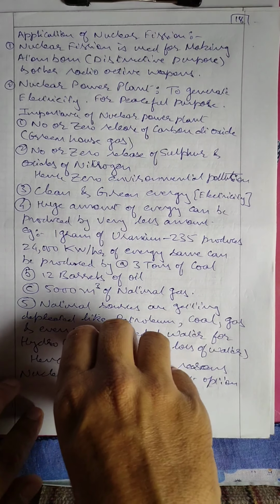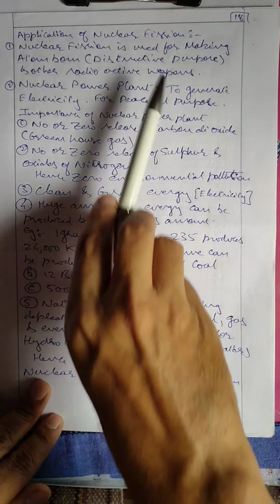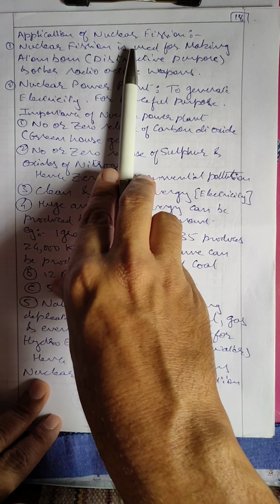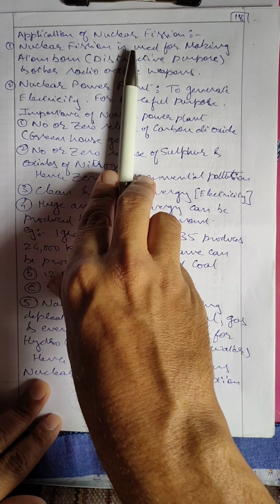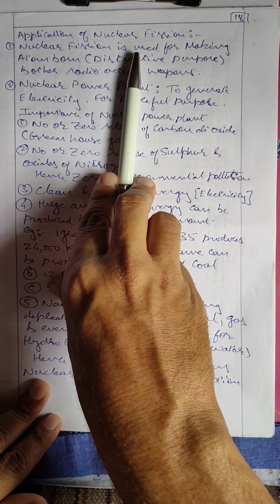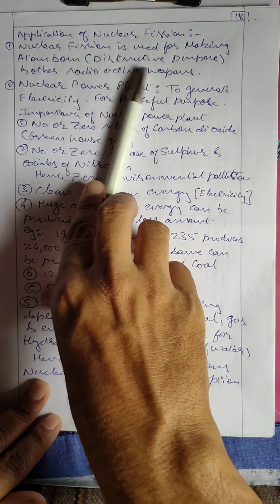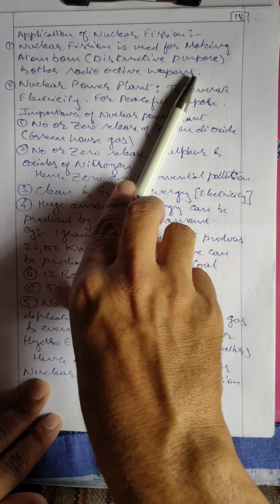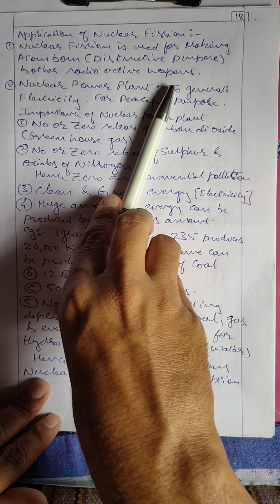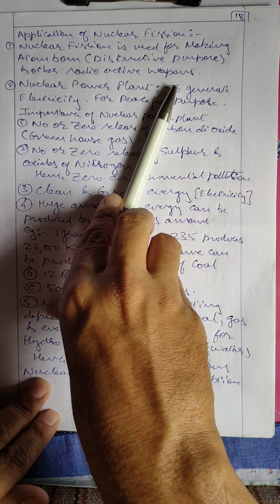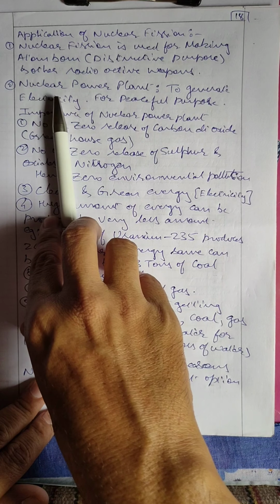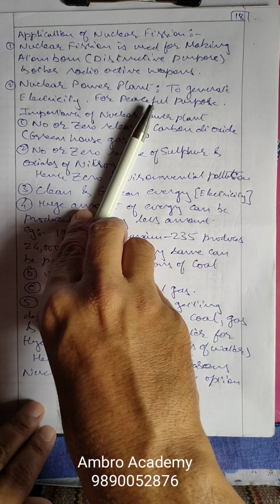Now we'll talk about application of nuclear fission. Nuclear isotopes we have already studied, and nuclear fission. We know nuclear fission is nothing but when a heavy element splits by means of bombardment of neutrons into lighter elements which generate a huge amount of energy. And this energy can be used for two purposes. The first purpose is nuclear fission for making atom bombs for destructive purposes and other radioactive weapons. Nowadays much research is going on in radioactive bombs, the hydrogen bomb, the atom bomb, and it is a destructive purpose. But here we are interested in the peaceful purpose, that is the nuclear power plant to generate electricity.